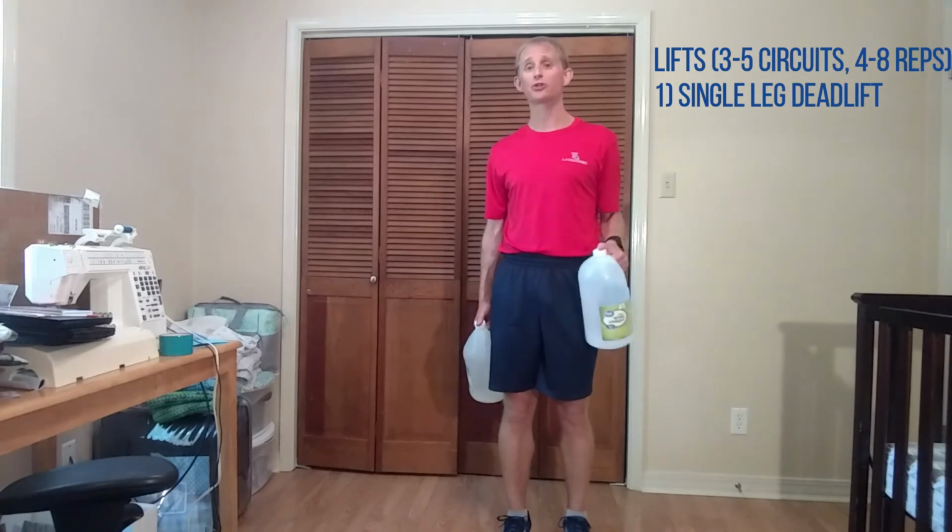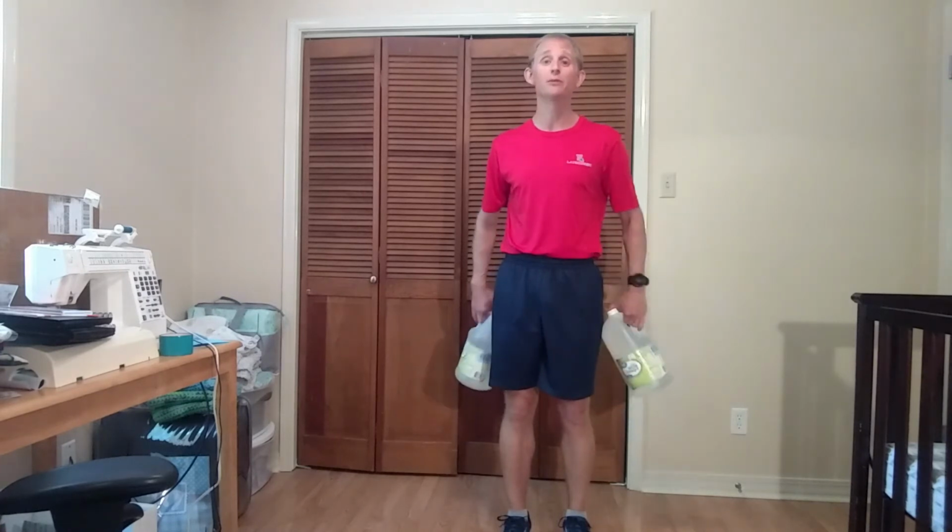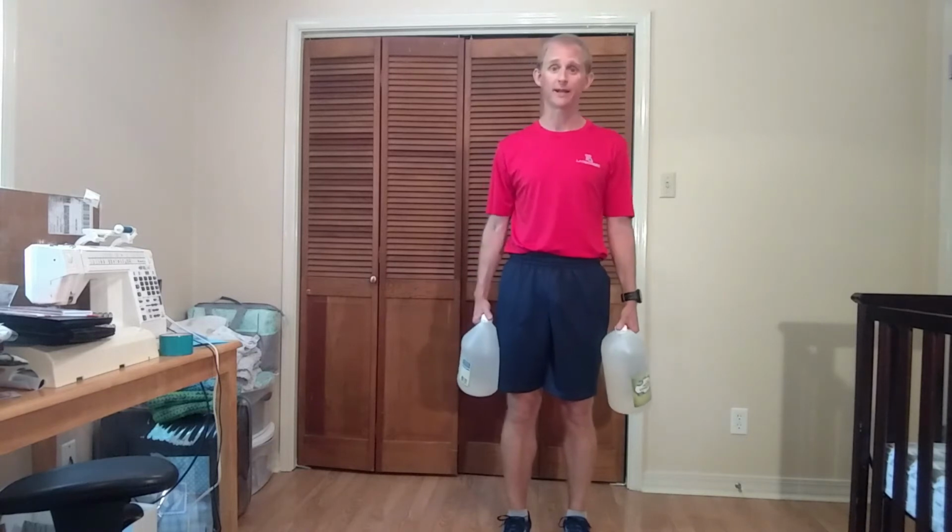The nice part about single leg deadlifts is it's harder to hurt your back because you're more likely to be using the correct muscles instead of your lower back. You're more likely to be using your glutes and your hamstrings to do the lifting instead of your lower back if you do it single legged. So for a single leg deadlift,